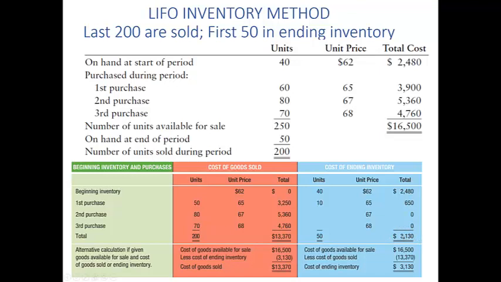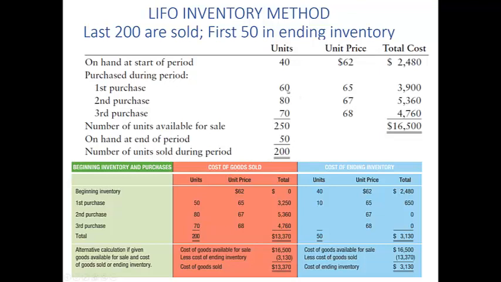I can easily get my cost of goods sold by subtracting $3,130 from $16,500 to come up with $13,370. And this is probably the approach that you'll want to take on your assignments. Now we could do it the long way. We can calculate the cost of goods sold by